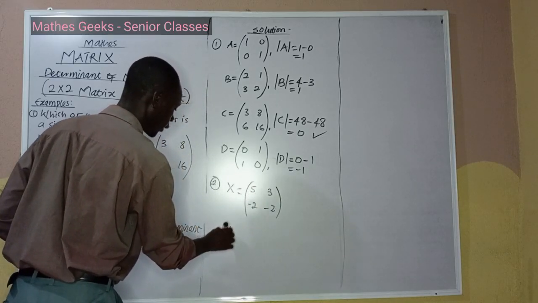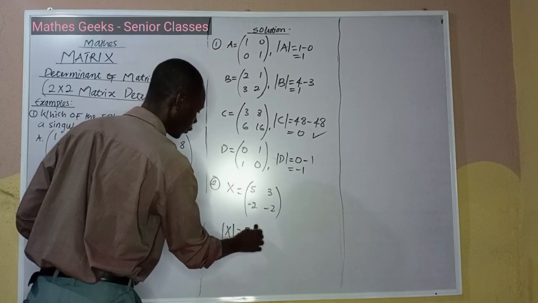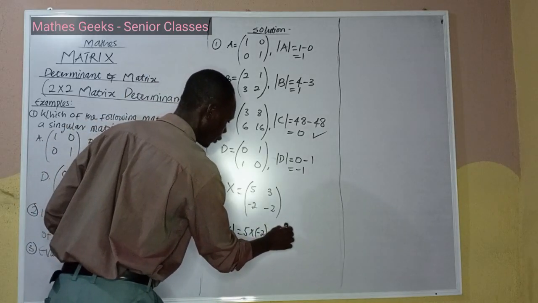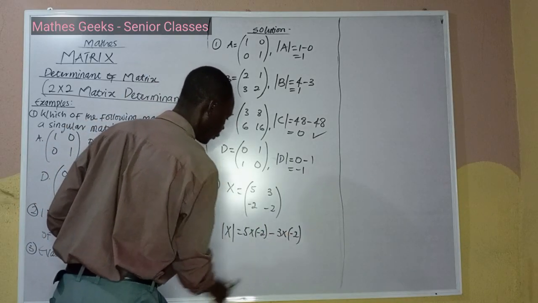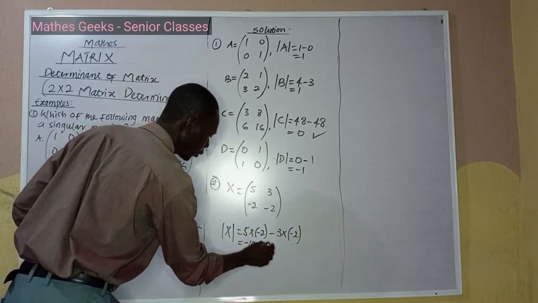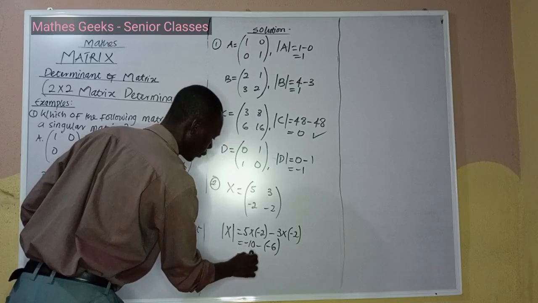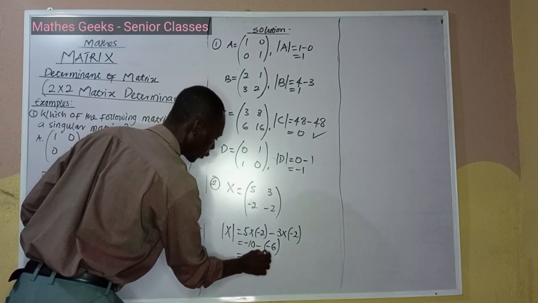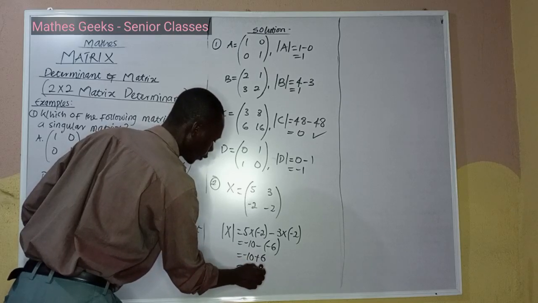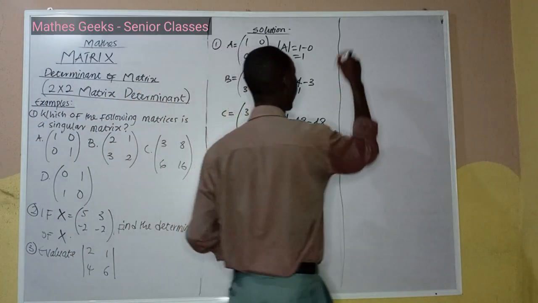So the determinant of X is equal to 5 times minus 2, minus 3 times minus 2. 5 times minus 2 is minus 10, minus 3 times minus 2, minus times minus is plus 6. So minus 10 plus 6 is equal to minus 4. That's the determinant. Number 3,